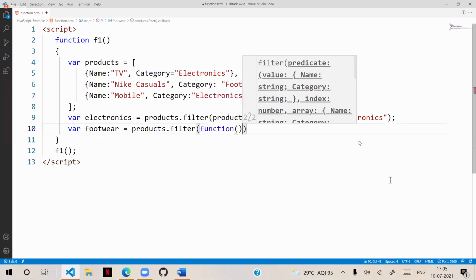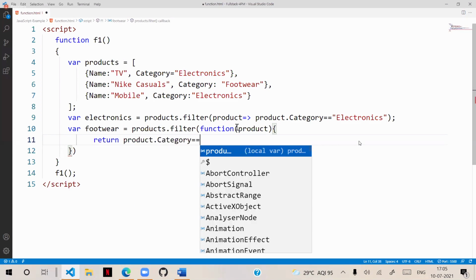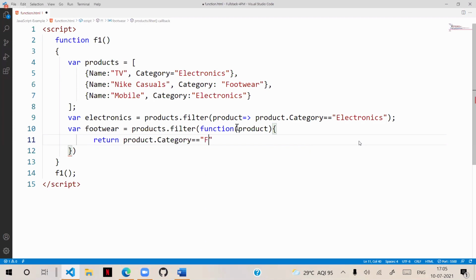Let's write the original way. The original way is nothing but we have to access every product, and we have to return product.category is equal to footwear. Now this is simplified into one line.